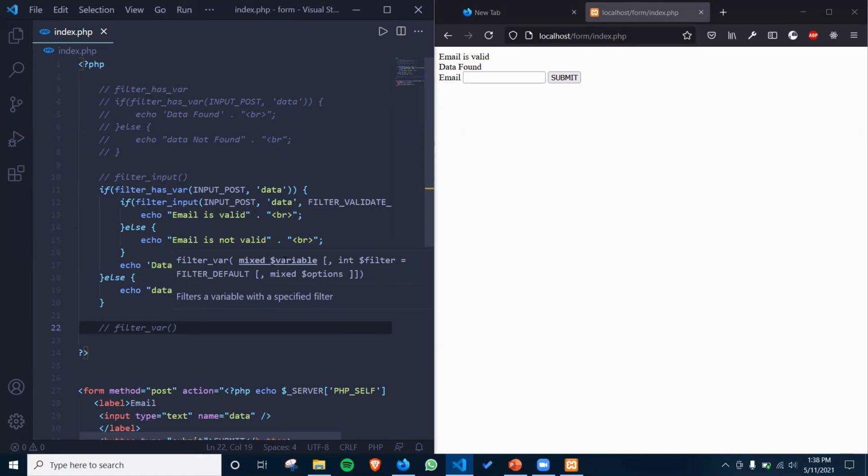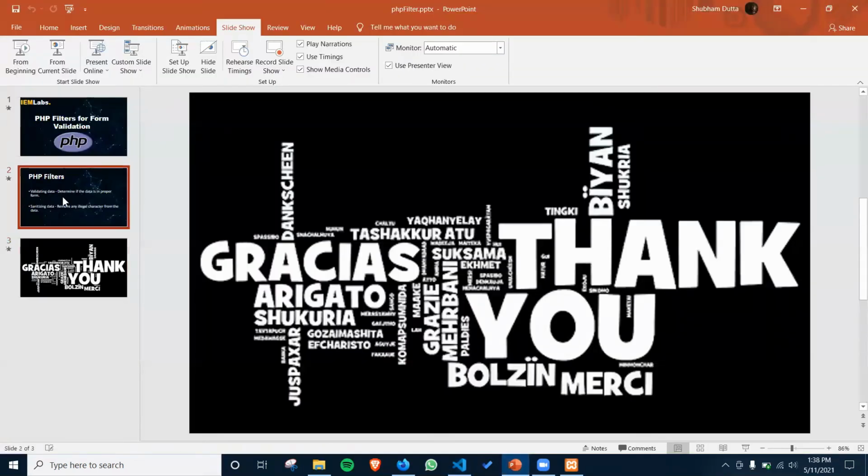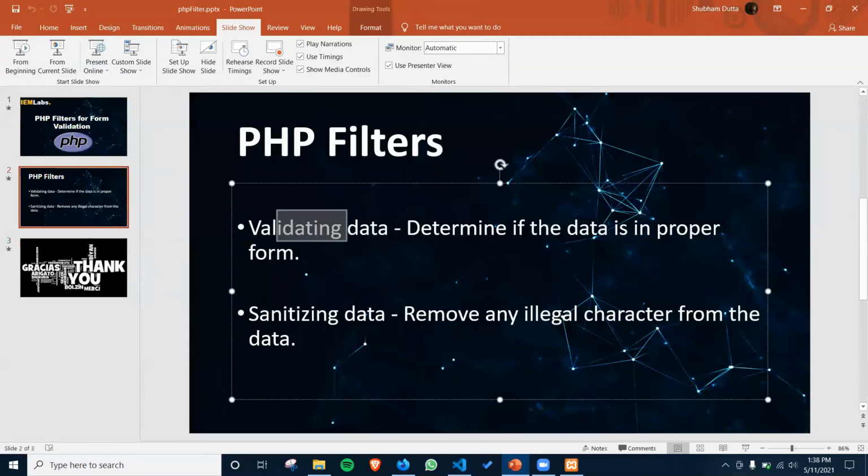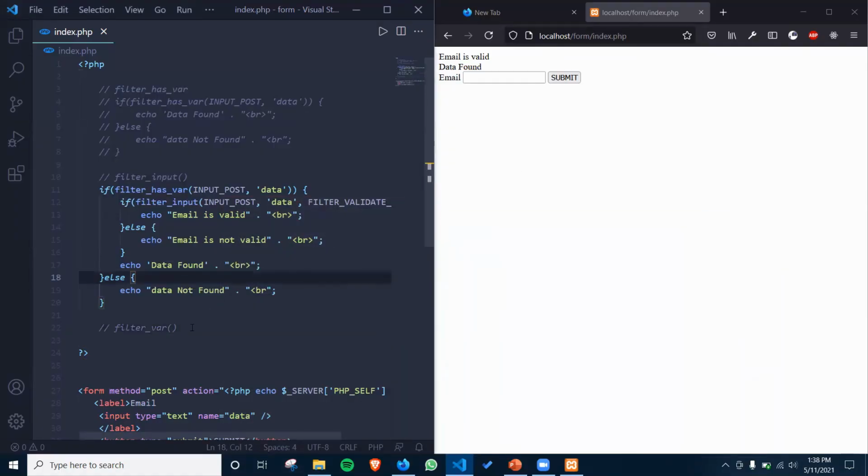First one is the variable which I want to validate. Okay, and second parameter is the filter validation type or the filter sanitization type. Okay, so as I have already told you, the difference between validate and sanitize is that validate checks that the data is in proper format or not, and sanitize helps to remove the illegal characters from the data. Okay, so that's it.